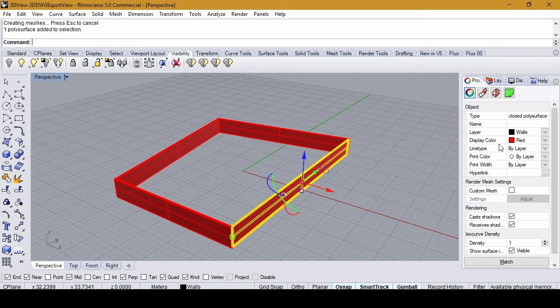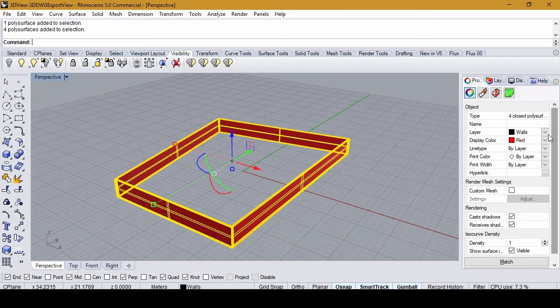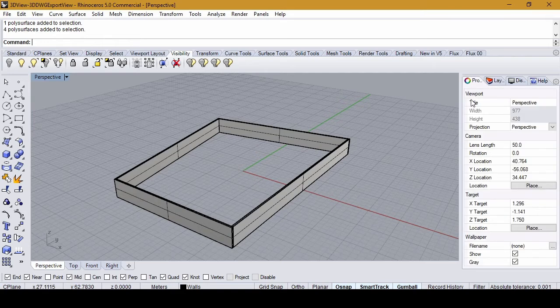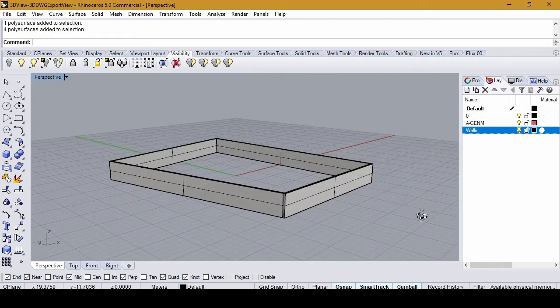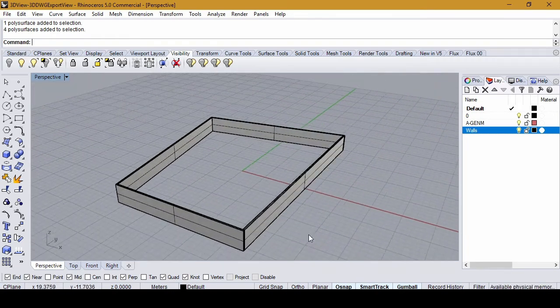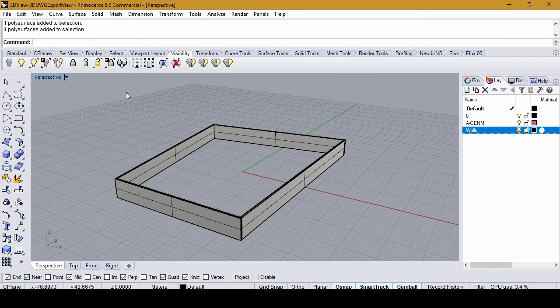You can also set the display color to something else than red by setting it by layer, for instance. Then you can choose to control the geometry or the color of the elements inside Rhino by layer. But this is an attribute or a property, I think, that's going to be disappearing once you export some updated geometry from Rhino. So this whole setup is created to make an efficient workflow between the systems. It's not a perfect one, but it's quite efficient.